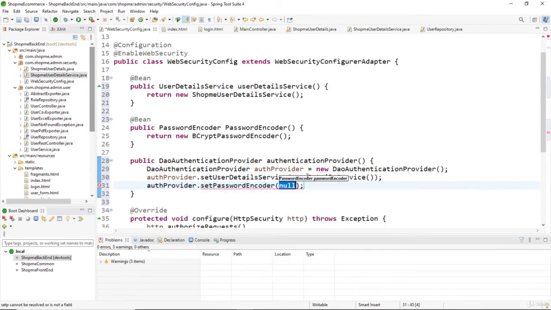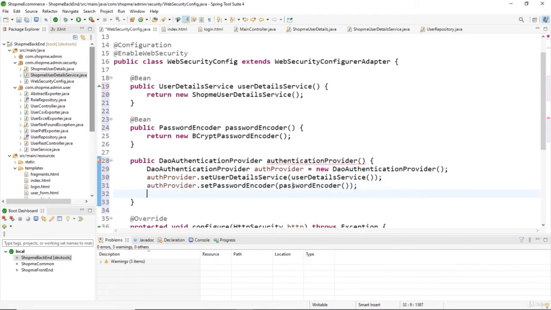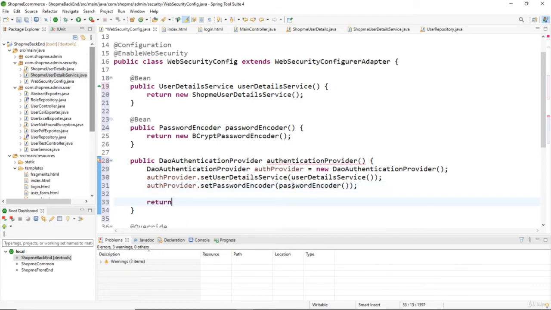Set password encoder, which is the value of the method passwordEncoder here, and then we return this authentication provider object, return authProvider. Okay,